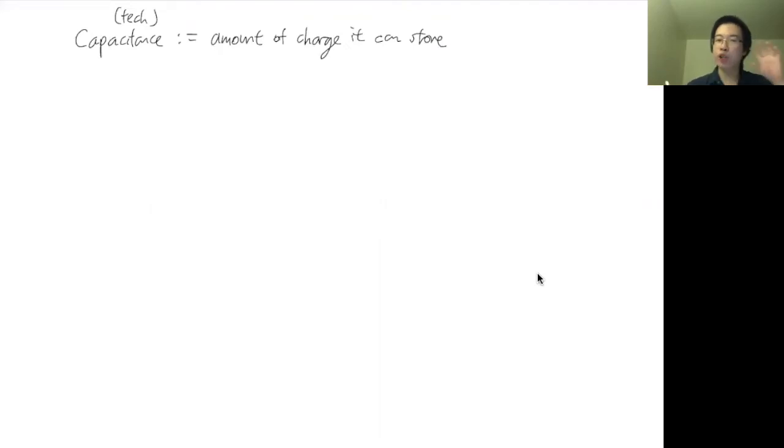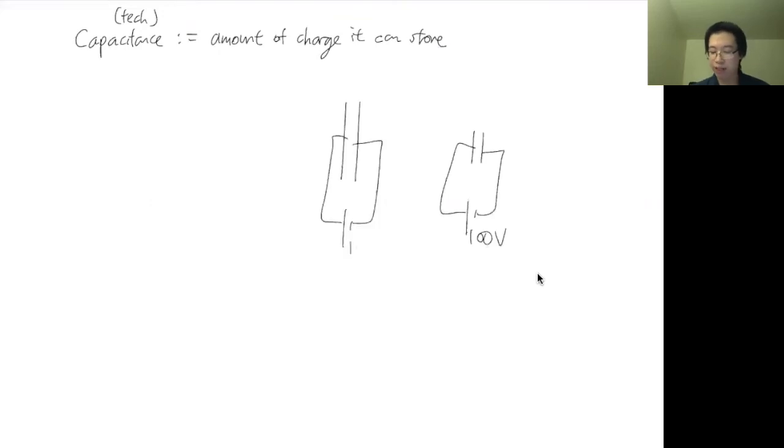So it's not fair if you say I have a strong capacitor and a weak capacitor, but the weak capacitor I connected to a battery that is 100 volts, and this one I connected to a battery that is 1.5 volts, and then you say this guy stores more charge. That's not a fair comparison. You should compare them with the same potential difference across them, the same voltage. So it's the amount of charge you can store per unit volt, per unit potential difference.